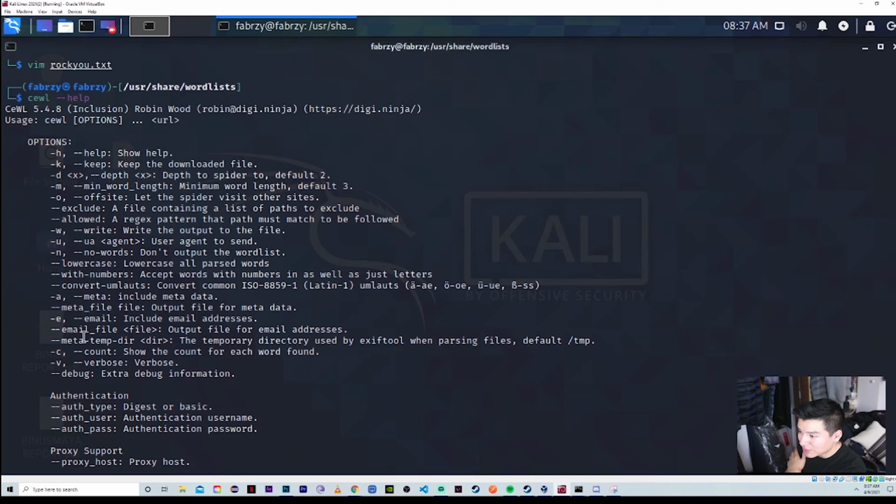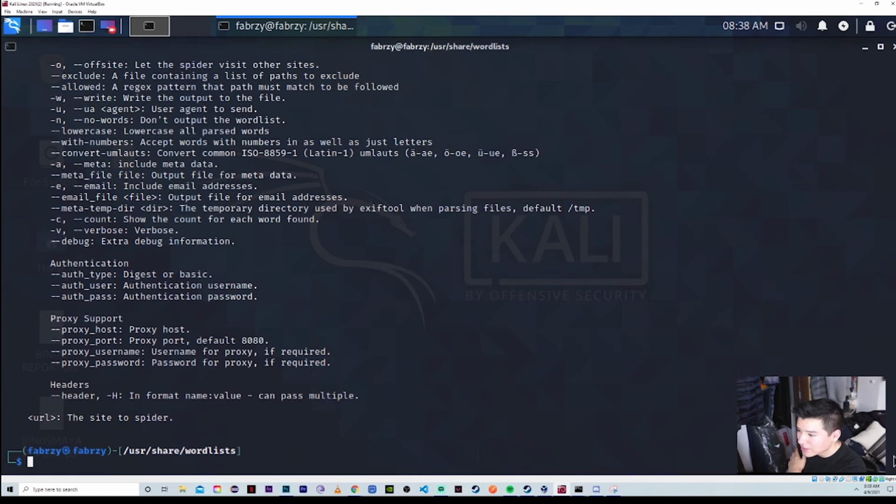You can also do emails, authentication and proxy support also, and then you just put in the URL of the site, the spider. So we're gonna just go ahead and do it right here. Cool, let's go into